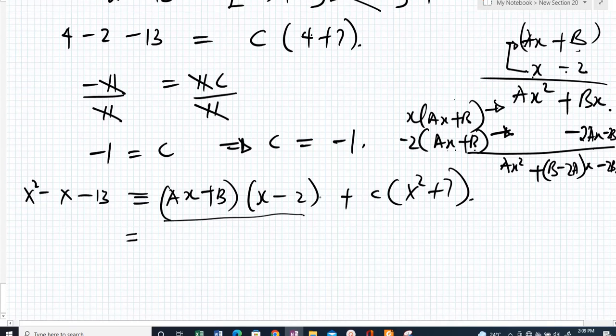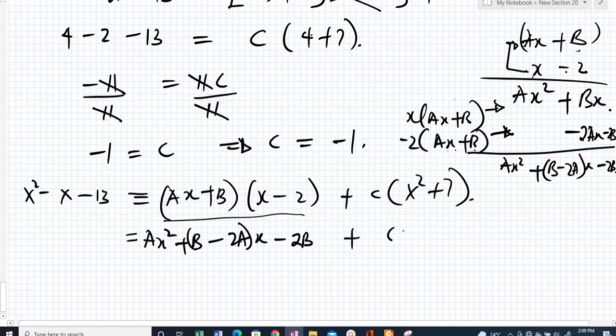So when we expand that, we have ax squared plus (b minus 2a) times x minus 2b,